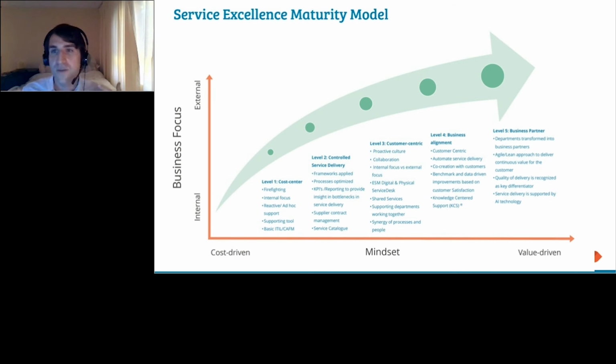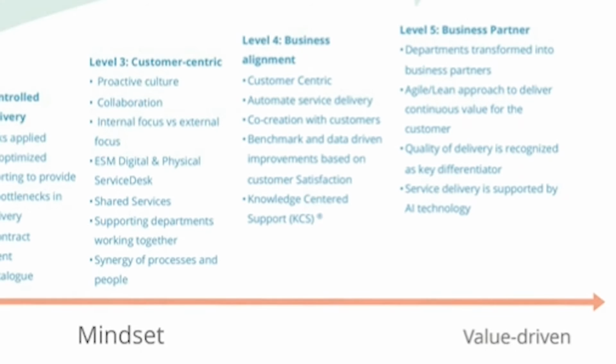The level beyond that is level 3, where we're actually enjoying a customer-centric experience. So we're not just worried about getting the work done, but we want our customers to actually enjoy interacting with IT, find it easy, and when they do interact with IT, they find it's easier to do their job afterwards, and it's easy to get a hold of IT. So you see a lot of stuff at this level where we try and collaborate better with other departments. We try and make it easier to submit requests and help yourself out, and try and get more synergy between the various tools we're using so that it's easy for your end user to get help.